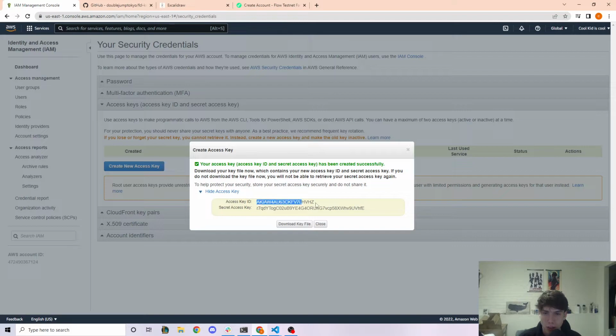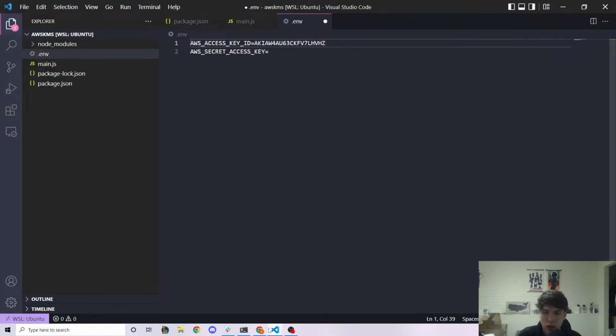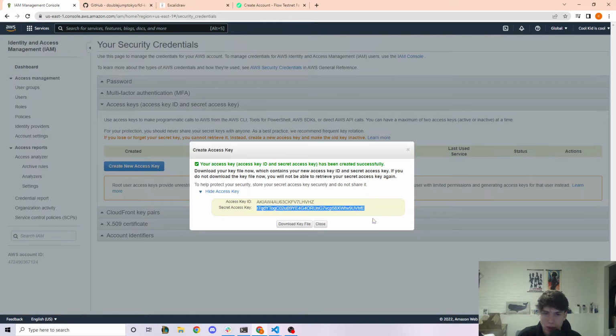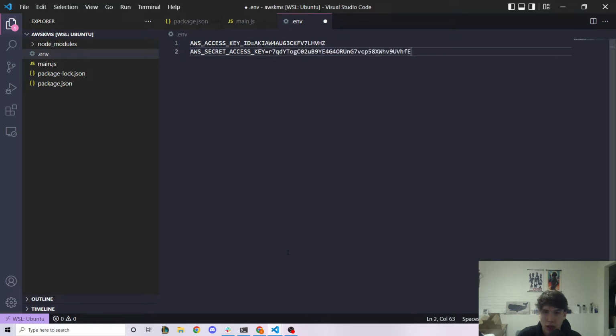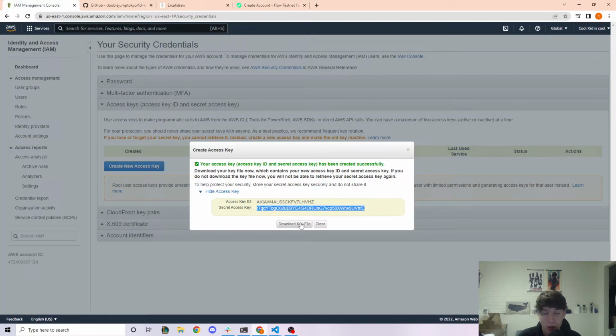So we can actually just, I'm not going to download this file because we're only going to ever need it one time. But let's just copy and paste our key ID, which goes right here. And then we have to copy and paste our secret access key, which is going to go right here. Now, I really recommend that you do download this file because, obviously, you're going to be using this for your real applications. And it's going to be really important for you to keep that on your computer or